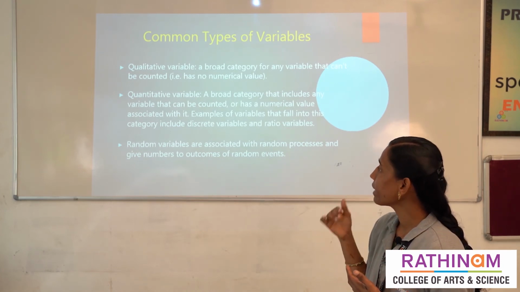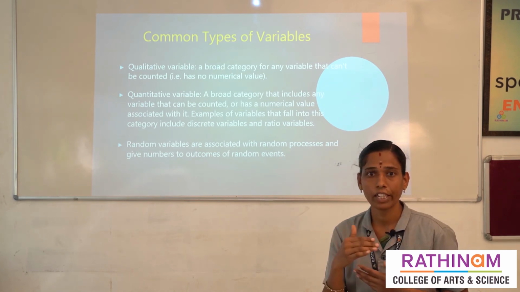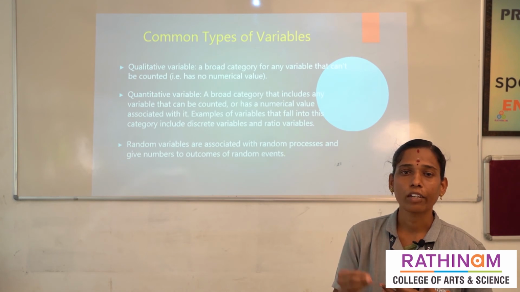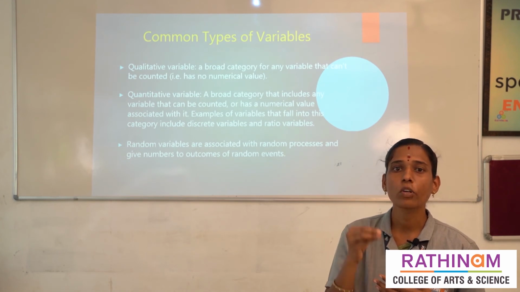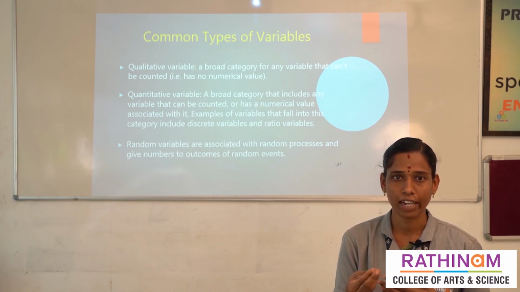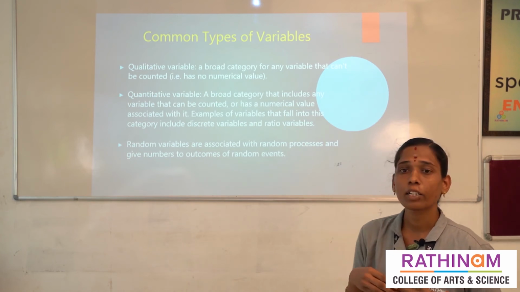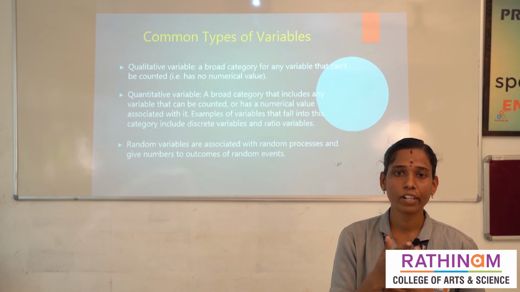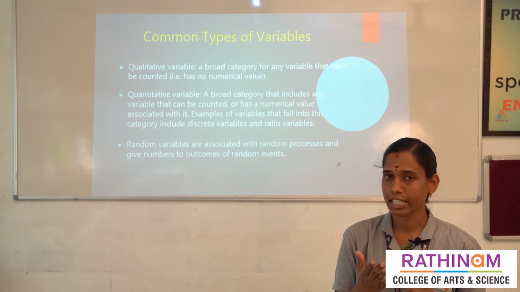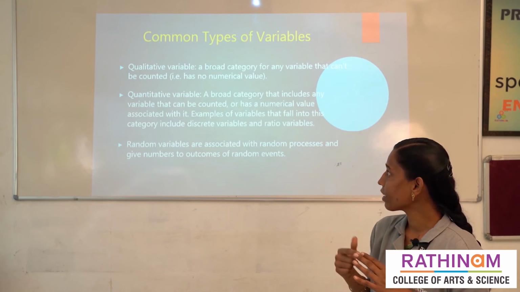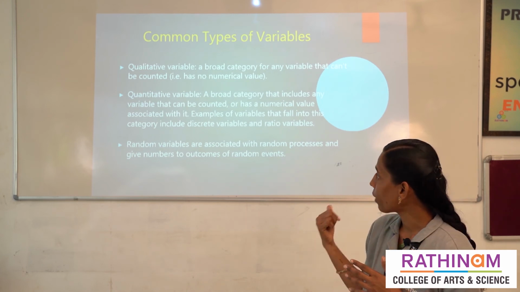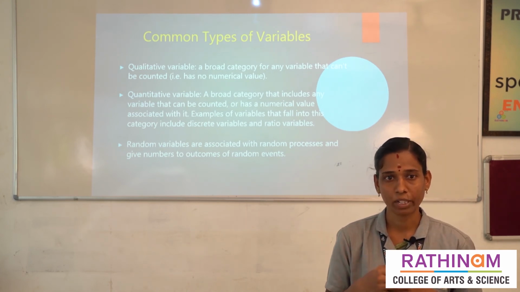And then quantitative variable. Quantitative variable means mostly we are using numerical values. You are buying 1 liter of milk, so you are using that liter, 1 liter. So we are using the numerical values. So that's why this is called quantitative. You should know the difference between qualitative and quantitative. Mostly they give the same meaning, but the only difference is in qualitative we are not using numerical values. In quantitative we are using only numerical values.